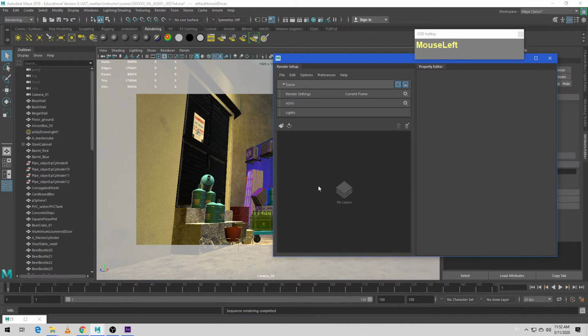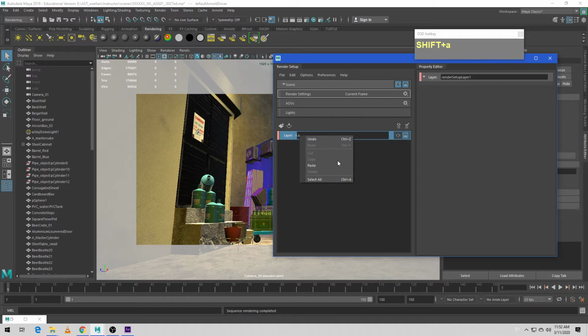Okay, so what we want to create right now is a pass where we render the ambient occlusion. So to do that, we have to create a brand new render pass. So click on it, and then we create a new render layer. And then for this render layer, we're going to call it ambient occlusion. So to give it a recognizable name, I'm going to call it AO, then underscore AO pass, and I'm going to call it version 2, because I've done the previous version before. Alright, so you can just call this AO pass,